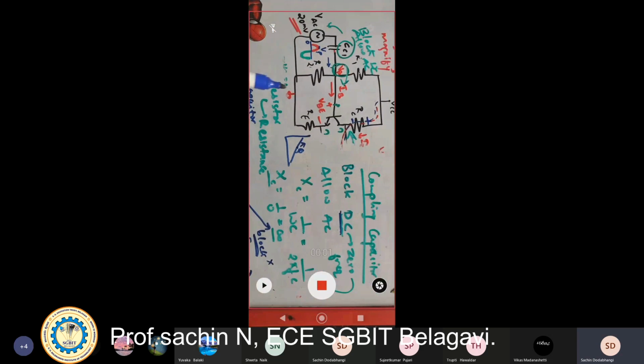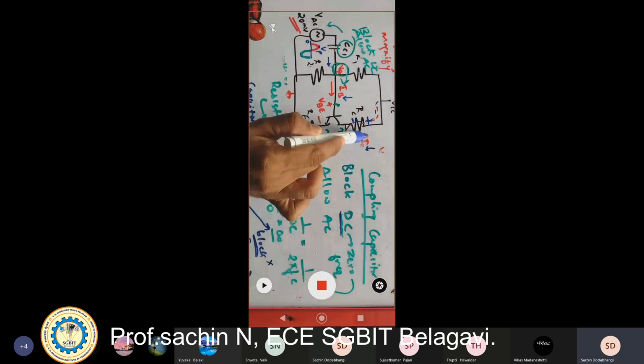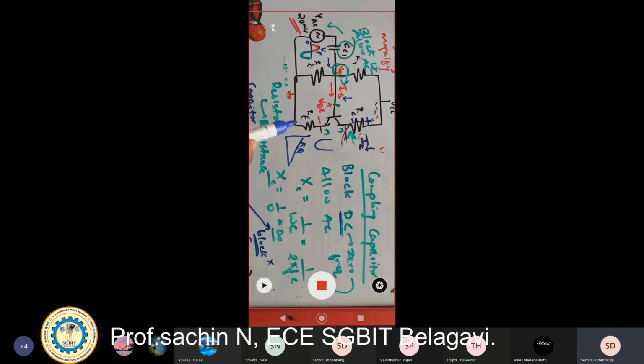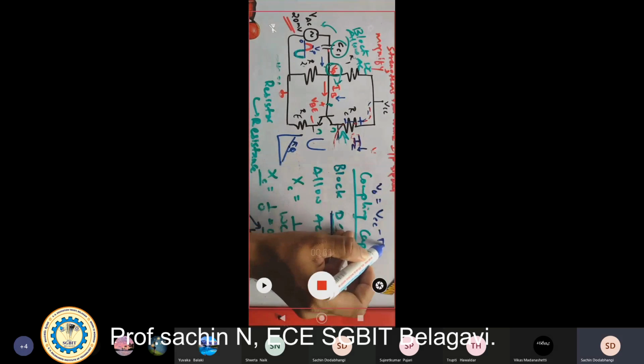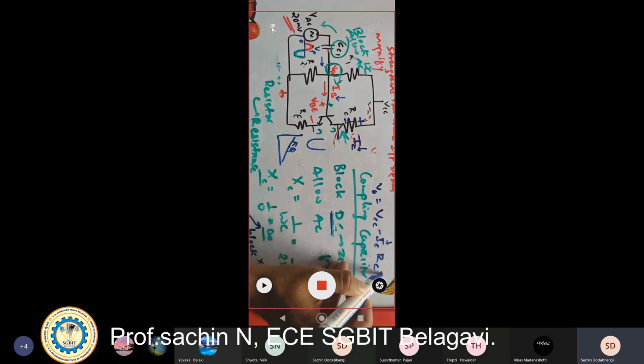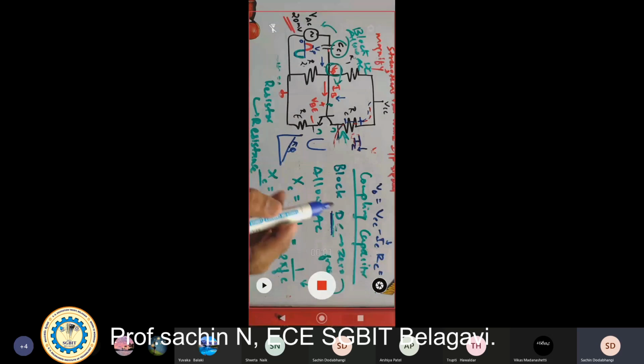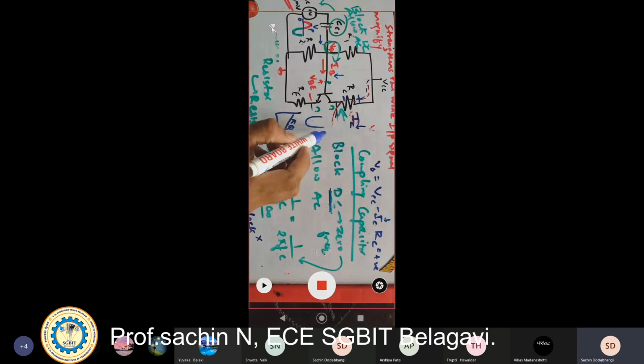Till now, did you get it? How is it going to amplify? For the positive cycle, IB increases, IC increases. When IC increases, the output voltage is going to increase in the negative direction. Similarly, for the negative input cycle, IB decreases. When IB decreases, IC will also decrease. From the formula, output voltage equals VCC minus ICRC. If this is going to decrease, then the output is going to be a positive value. Means we are getting a positive output cycle, an amplified positive output cycle.